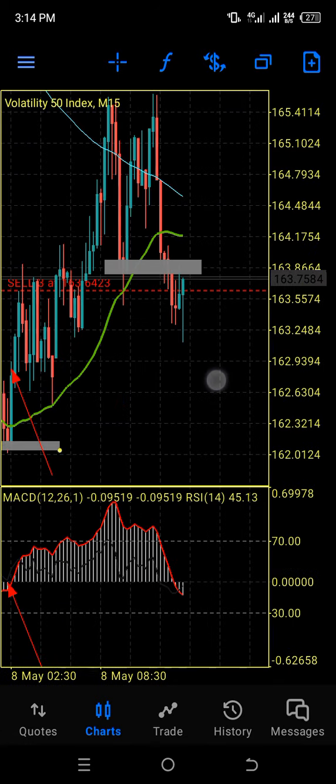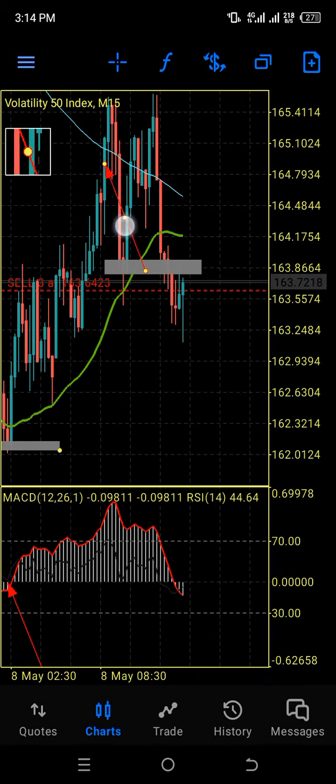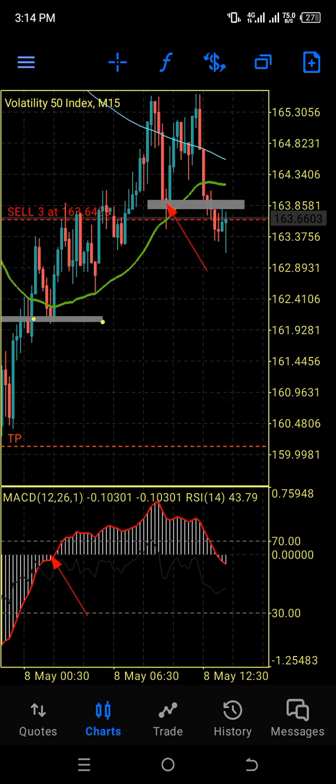And when it was time, price got to the 200 moving average, and this created this M structure right here. And you can see that the last swing low got broken with this candle, this whole candle here got broken. And the MACD as well is telling us it's time to sell. So this is the MACD now telling us it's time to sell.